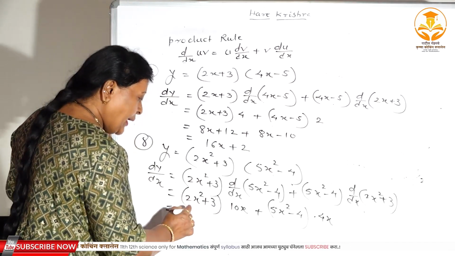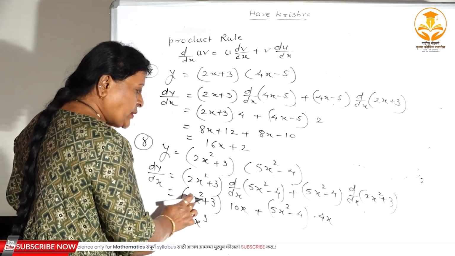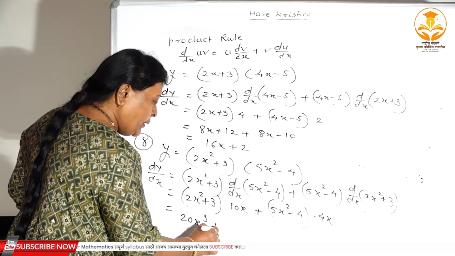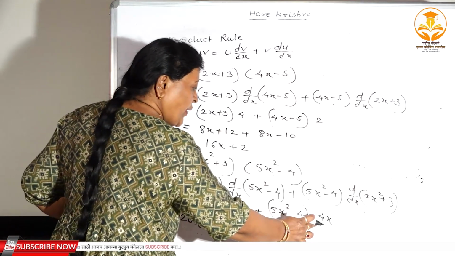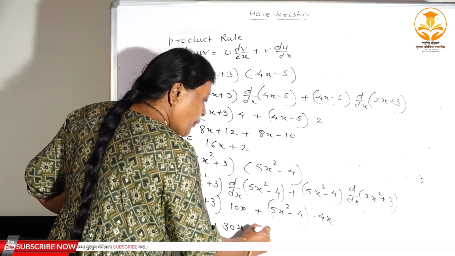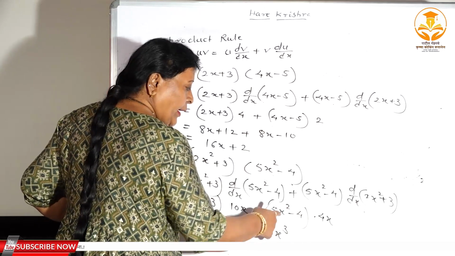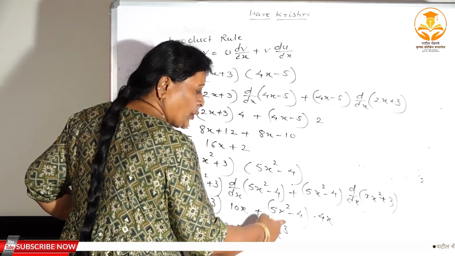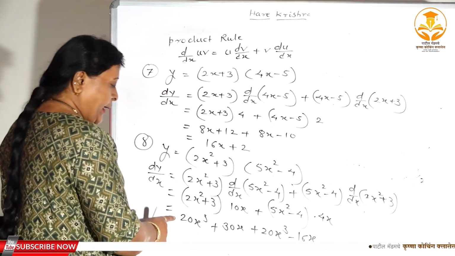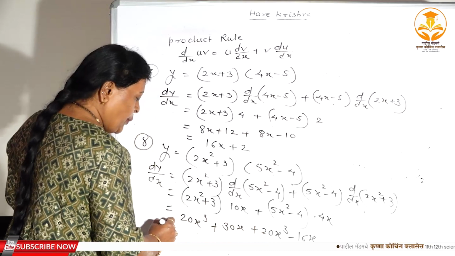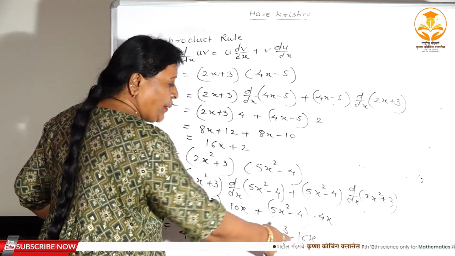10x into 2 is equal to 20x cube. 10 into 2 is 20, x square into x is x cube. Right? Again 10 into 3 is equal to 30x. Again 5x square into 4x is equal to 20x cube. Right? 5 4s are 20, x square into x is x cube, minus 4 into 4x is equal to 16x. Again 20x cube plus 20x cube, you have got 40x cube, and 30x minus 16x,